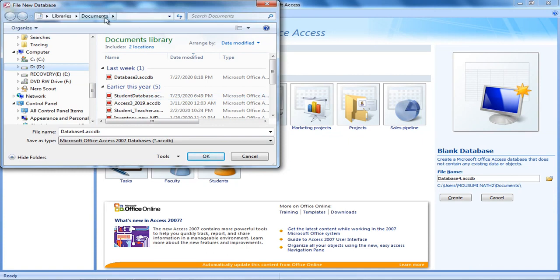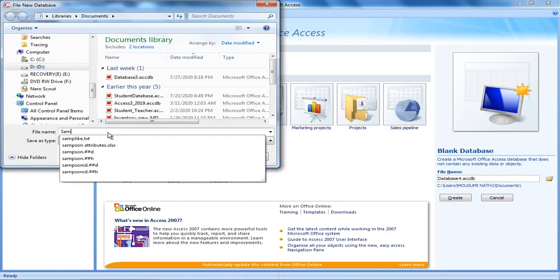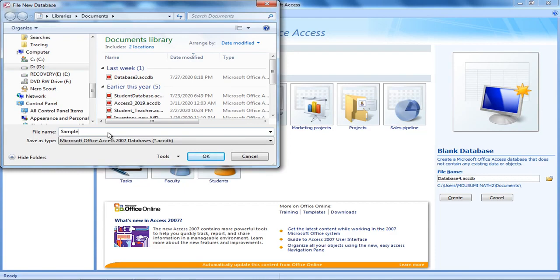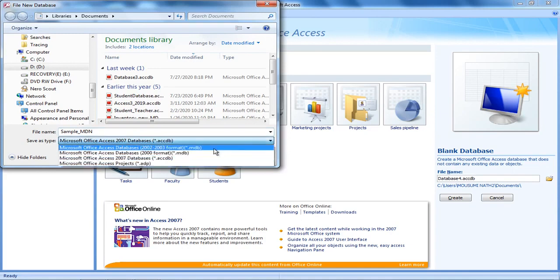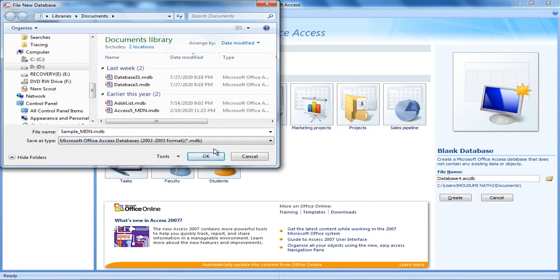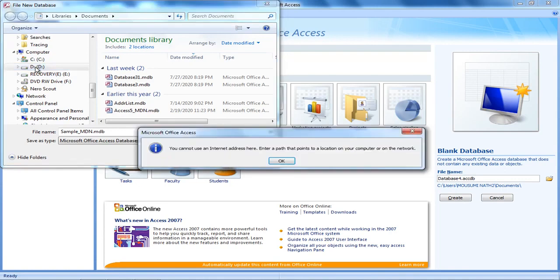Now for this, let me first choose this Documents folder, and create sample_mdn. For save as type, I am choosing .accdb. You can also choose this format .mdb. It is a compatible format, and then I click OK. Now remember where I have created it.